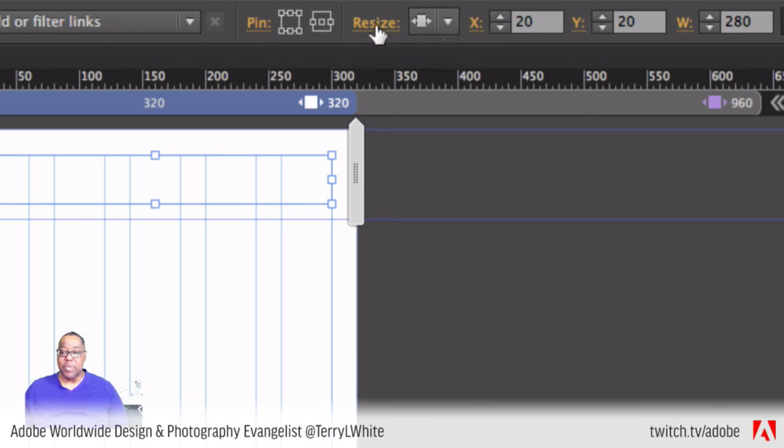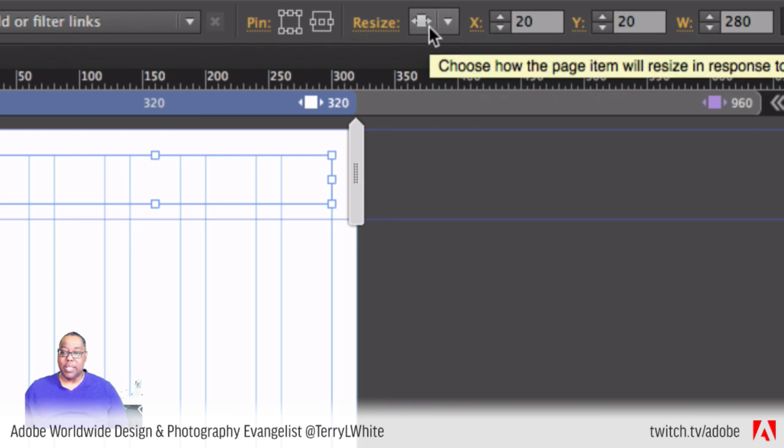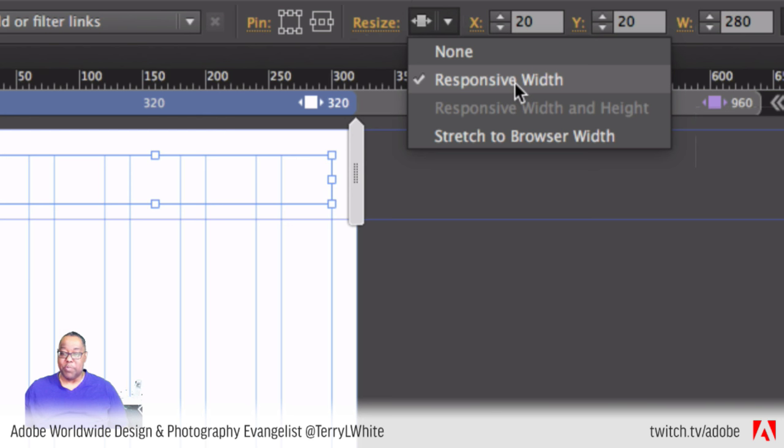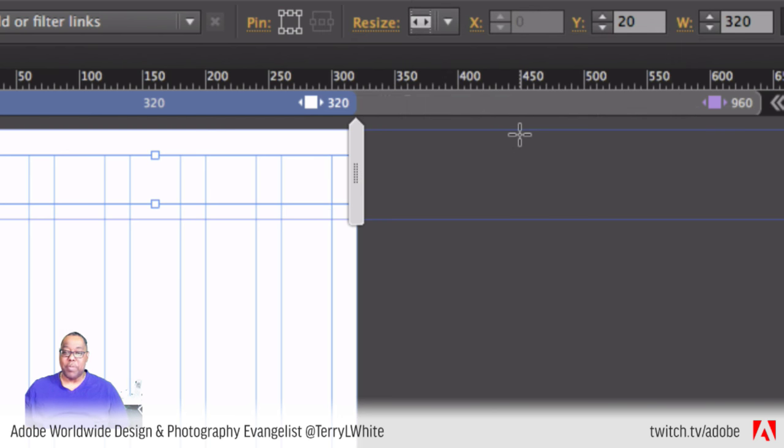So this is new in Muse, and this is mainly for sites that are going to be fluid width. So what I've said here is that by default, this will be a responsive width element, meaning as the page gets wider or smaller, that rectangle will size accordingly in respect of the original size to the boundaries of the page or the location on the page. In this case, what I want to do is stretch it to be the full width of the browser,